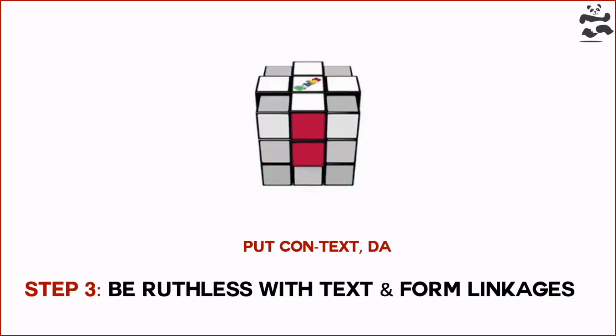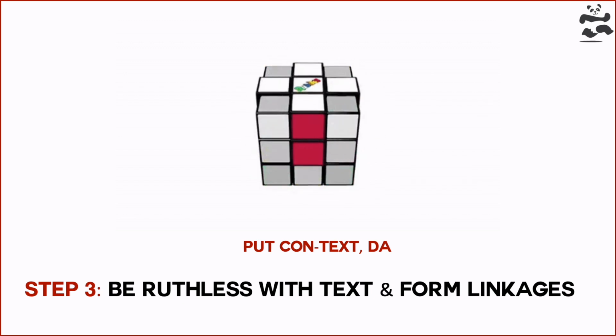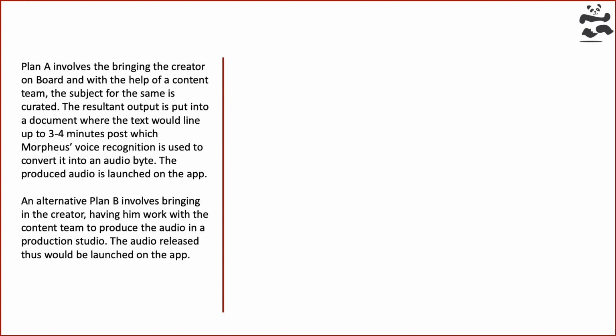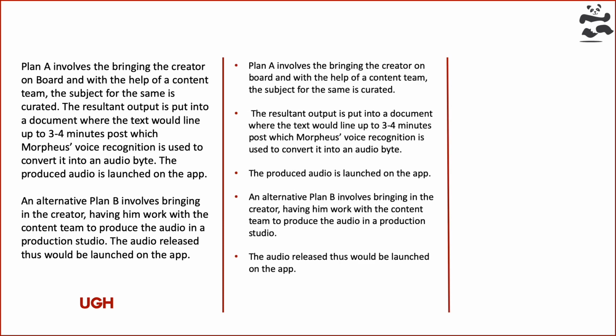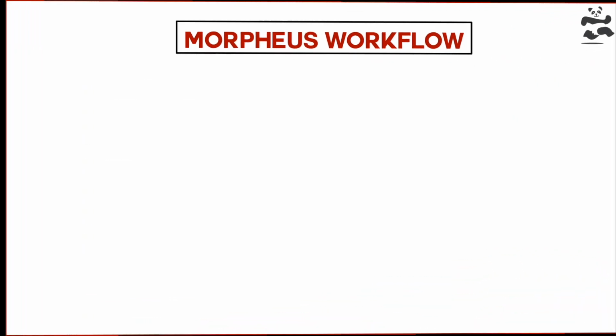It's also important to be ruthless with text and edit everything that's not necessary and form linkages. Here's an example. Look at this block of text. Messy, uninspiring and boring. Here's a slight refining of the same. A little more structured and possibly easier to read. But it's just fine. Here's a little more concise version of the same. Has an order, has linkages and defines an area. And it's pretty much fine. But if I had to do this my way, this is how things would pan out.